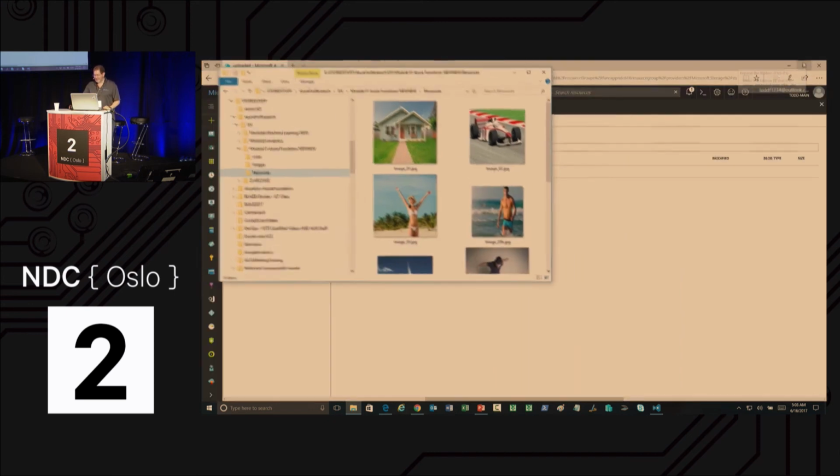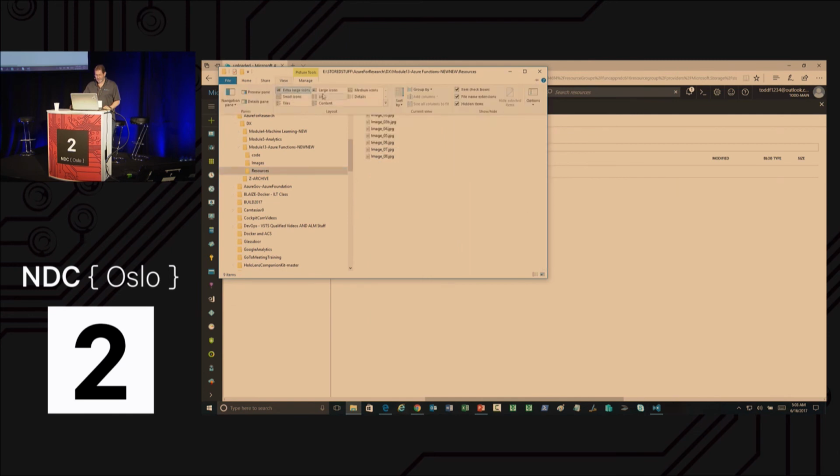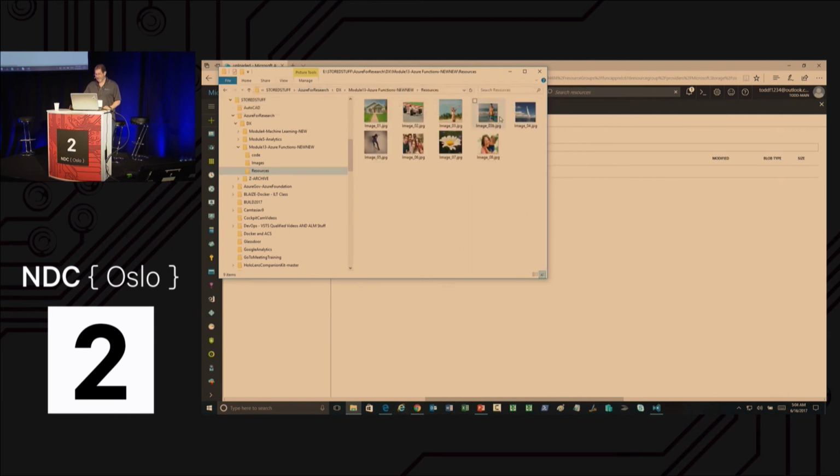But the idea, if I didn't screw anything up, let me just move this back here to large icons. There's 9 image files here. Two of them, image 3 and image 3B, potentially could be offensive to somebody, depending on who you are. But that's the kind of thing that if you could post on a public website or Facebook, they might go, hey, what are you doing? And this automated machine learning algorithm will take it away or give you a warning.